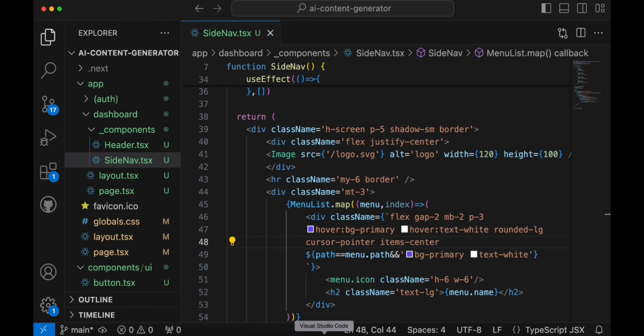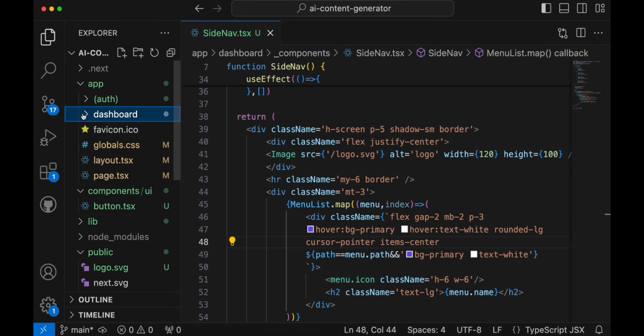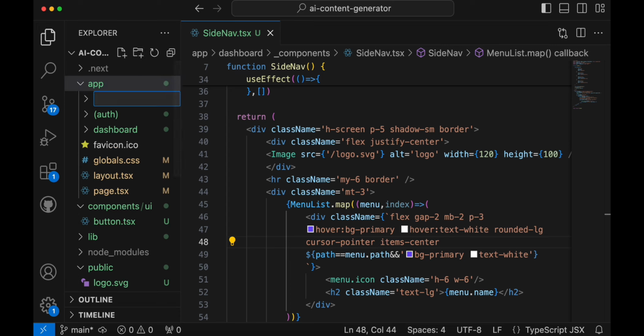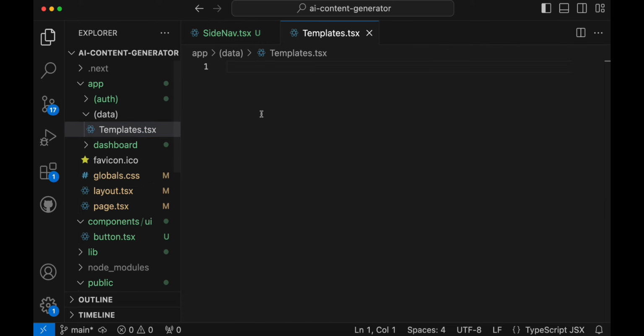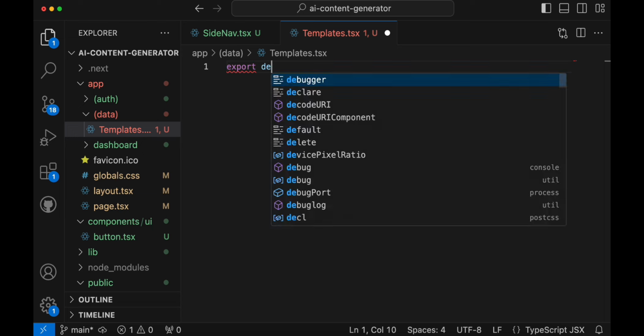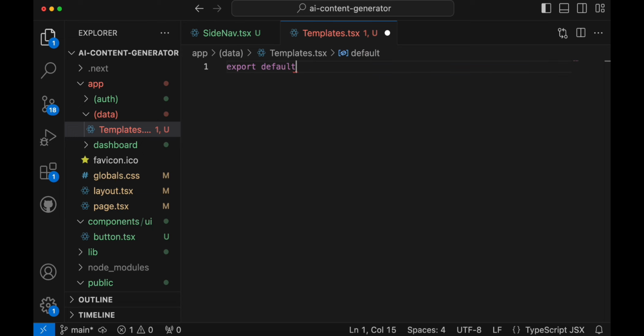So for that, I'm going to create a new folder inside this app, and we'll simply call it data. Okay, and inside this data we'll simply add templates.tsx. Or you can say JSX, doesn't matter. Now here we'll simply export default, and inside this one I'm going to add something like an array of